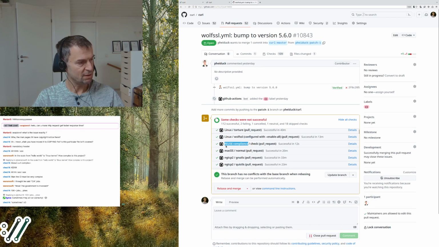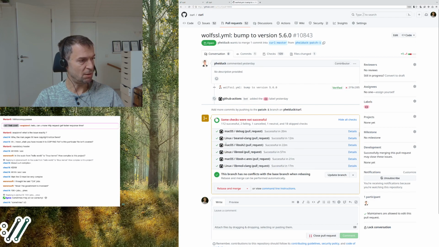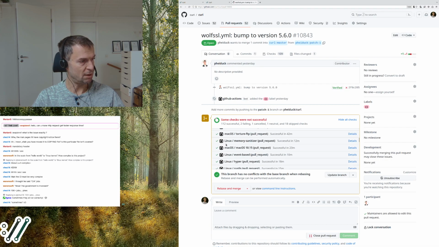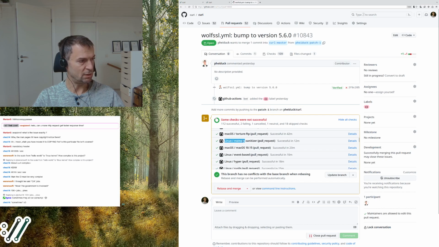That's the copyright license check. And then it builds on Mac OS, right? And all of these are different build setups. So OpenSSL 3 with Clang, another build, Mac OS torture tests, and then Linux with memory sanitizer. Then it runs torture tests, FTP only on Mac OS, and here it verifies the event-based API on Linux.